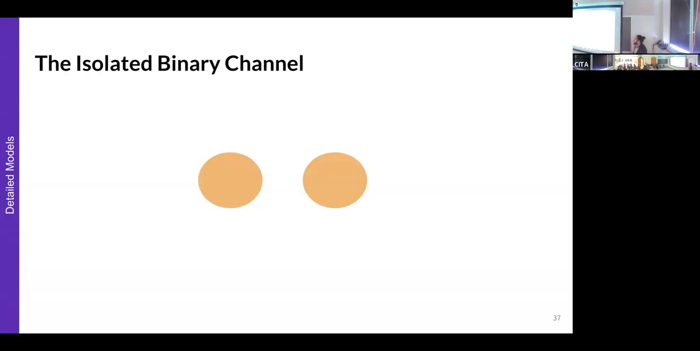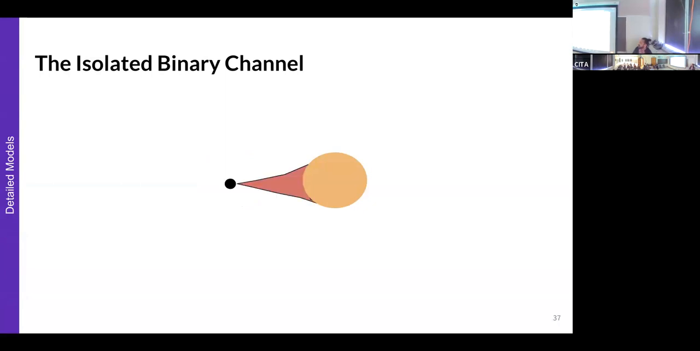I talked about this isolated binary channel. I'll just show another little cartoon. We have the two stars to begin with. I told you that simple story of just turning them into black holes and merging them doesn't work because the stars will get too close. So what you can do instead is invoke some sort of mass transfer process. So maybe there's some mass transfer from the star onto one of the other bodies once it turns into a black hole,